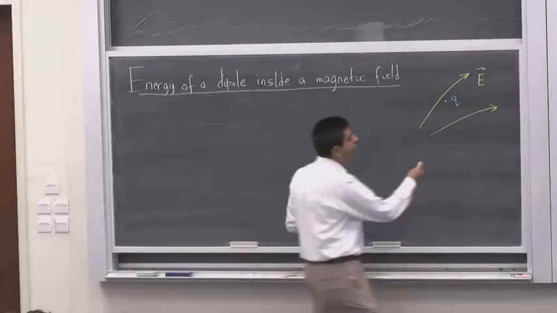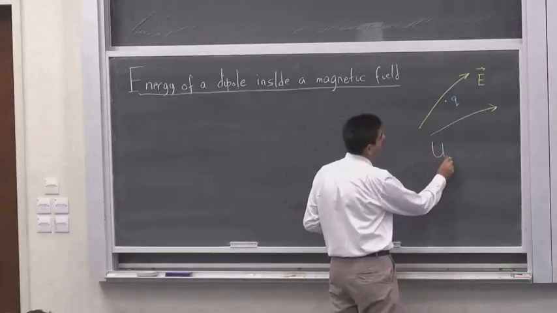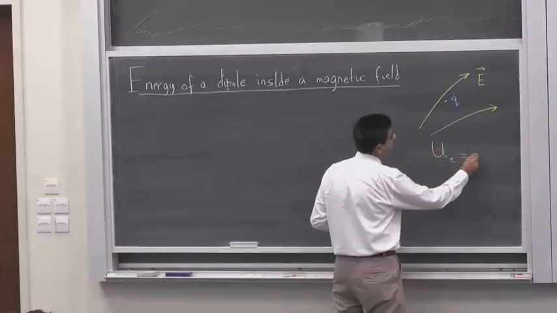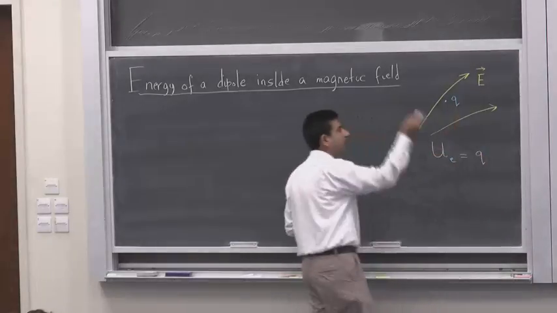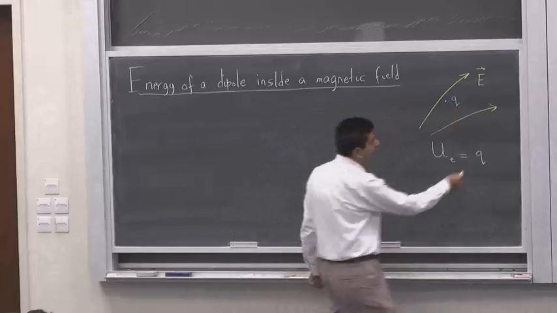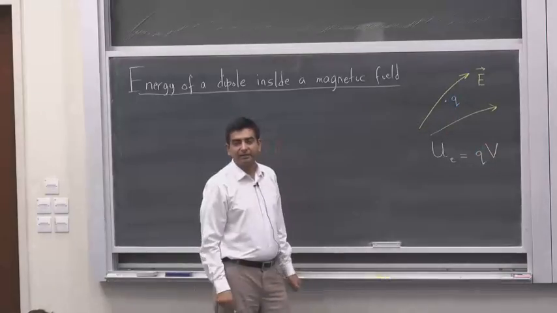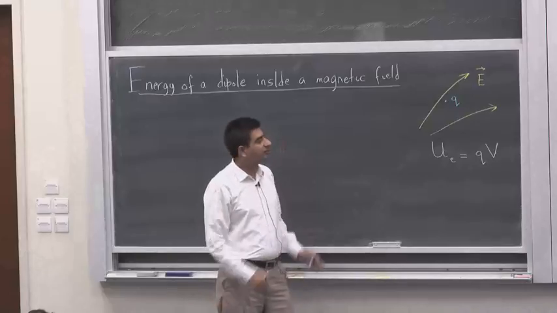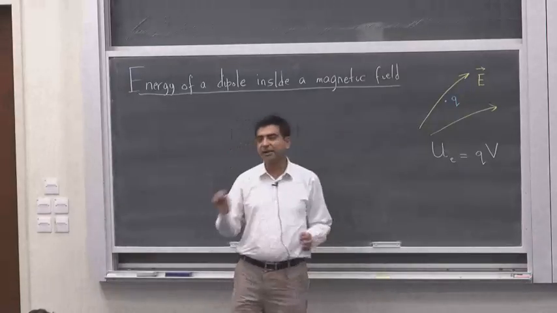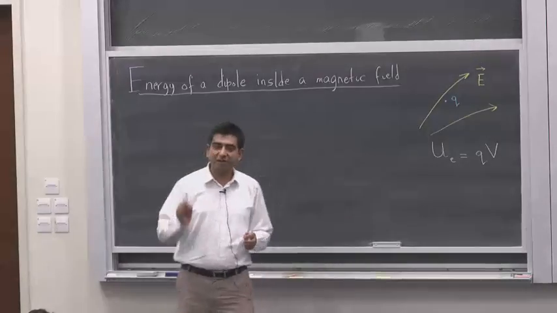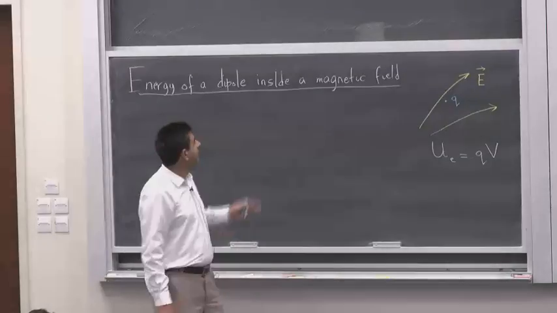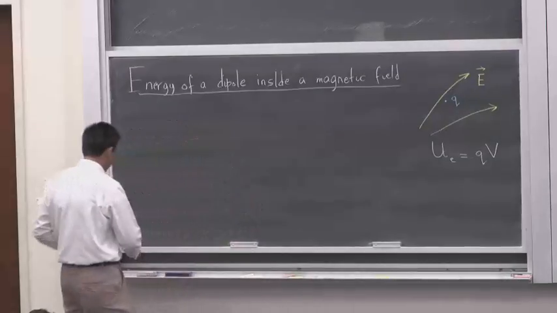And the energy of this system, the electric energy, is given by the charge Q that we place inside this point and the potential at this point. Correct? This is how we've defined our potential energy, electrostatic in origin, due to a charge that is placed inside an electric field. Likewise, if we have a magnetic field,